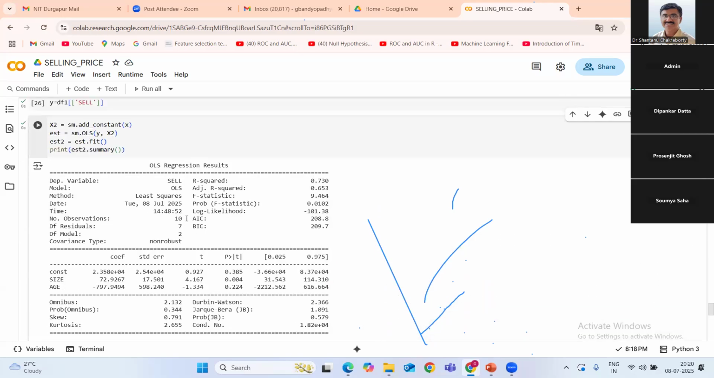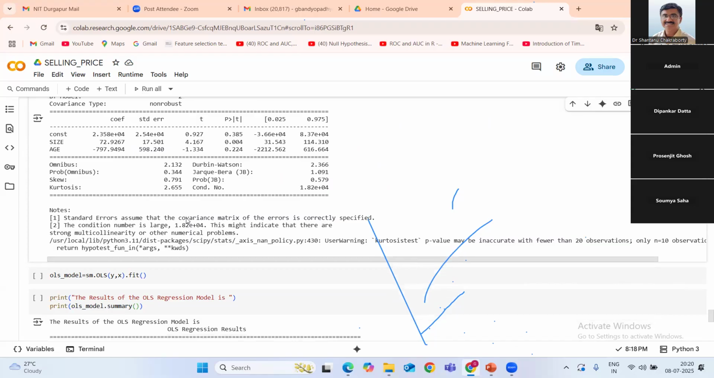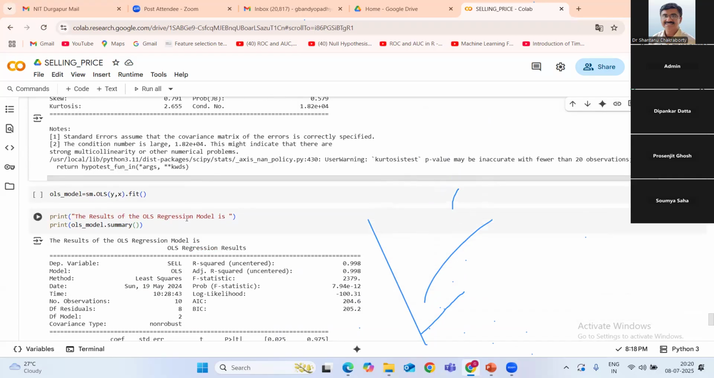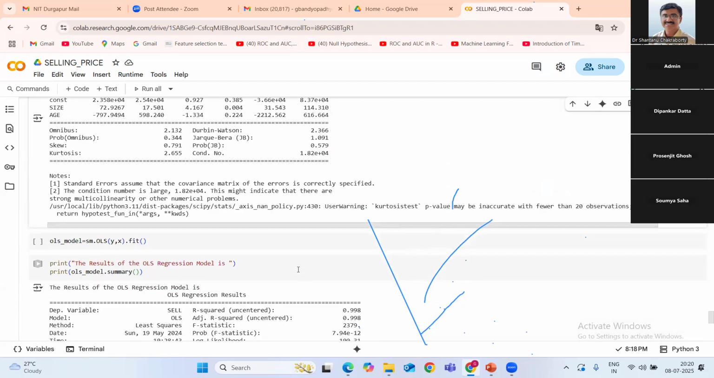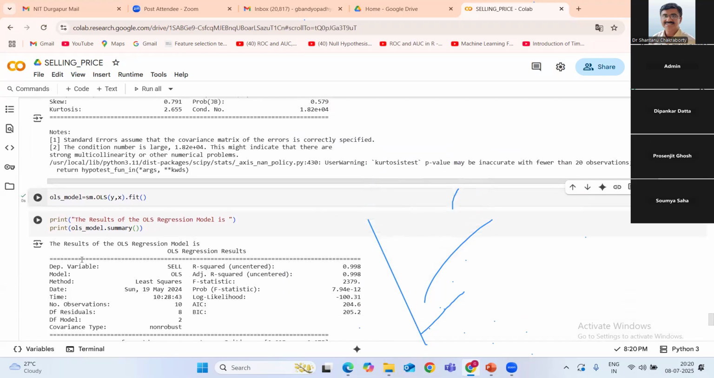So in this way, I am getting the regression model. There are two types of regression model: one is with constant, and another is without constant. Definitely without constant, your R square will be very high. So if I write this, automatically OLS model, SM, Y, X, your R square will be very high, and same thing,